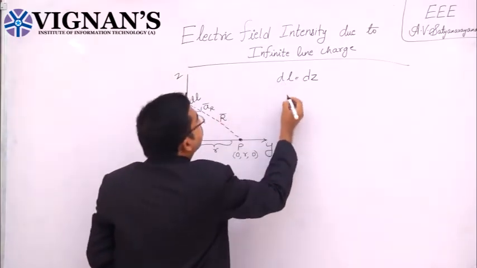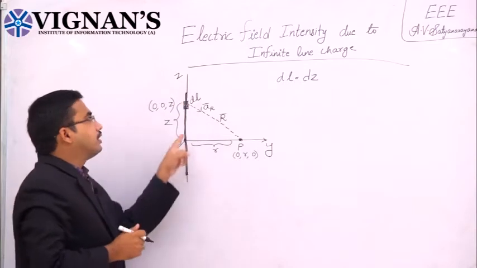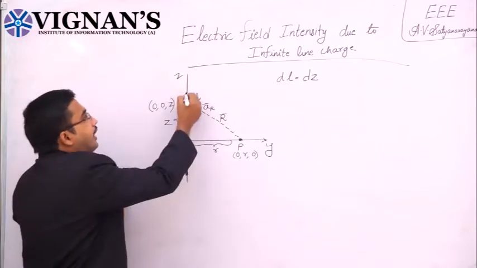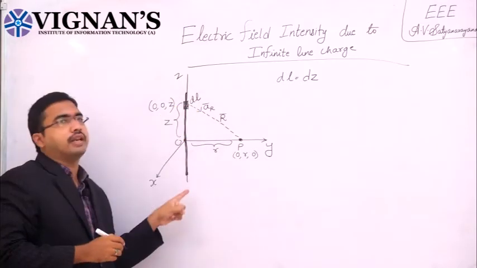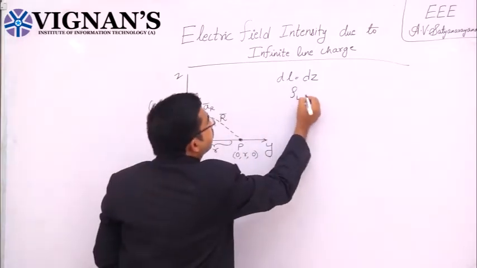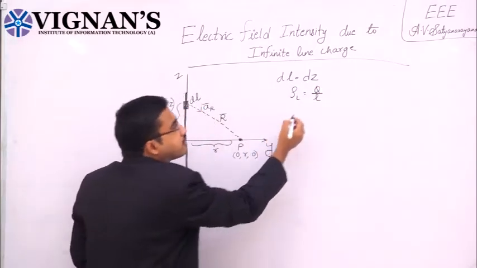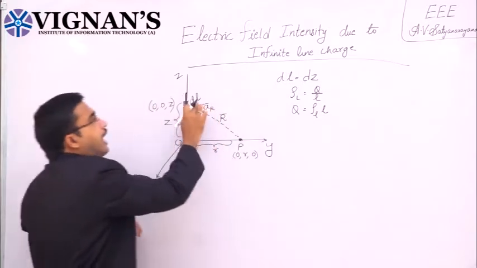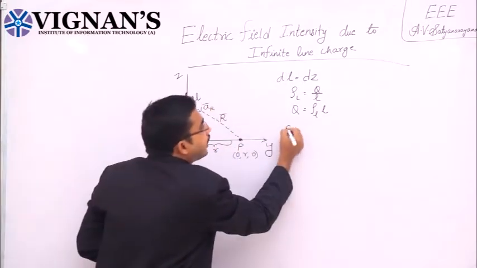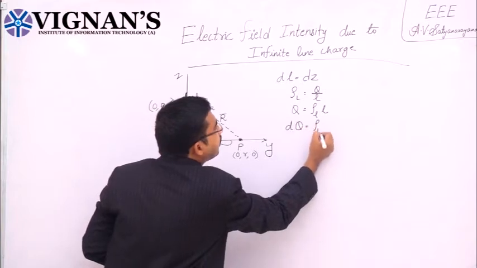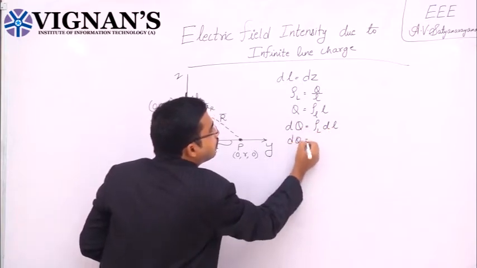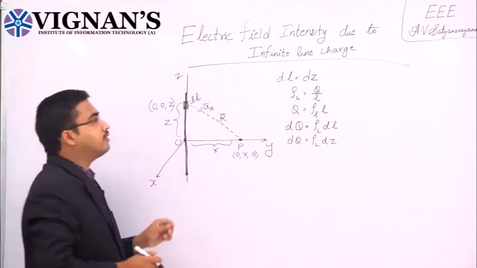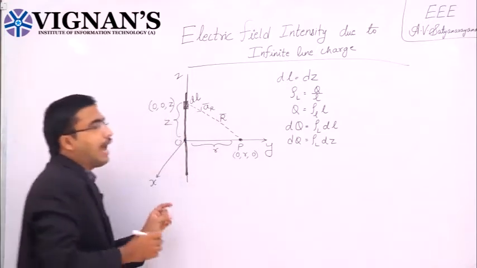So, now we need to express the charge density for this particular conductor. On an infinite line charge, there will be a line charge which will be distributed throughout its length. That line charge density rho L is given as Q by L. So, from this Q equal to rho L into L. So, here as we are taking only differential length, we should take only differential charge dq equal to rho L into dl, where dq equal to rho L dz, because here dl is equal to dz as it is on the z axis.